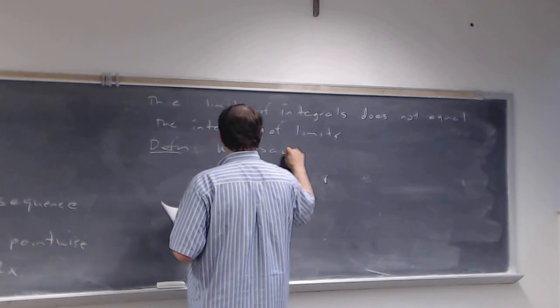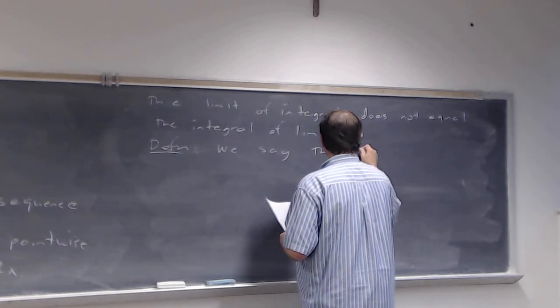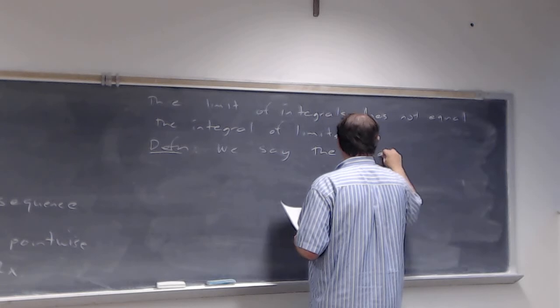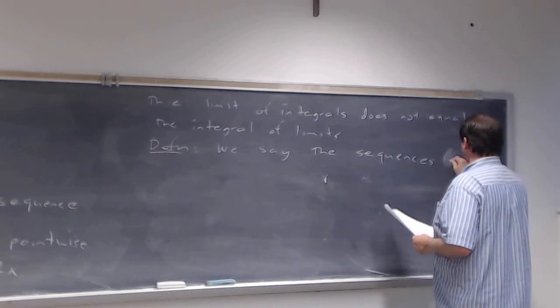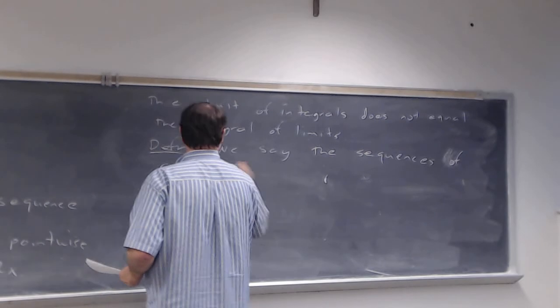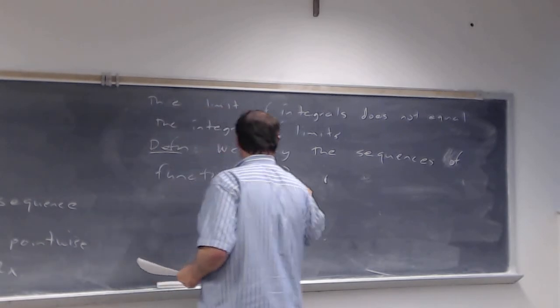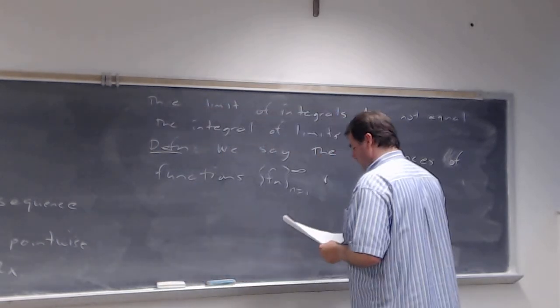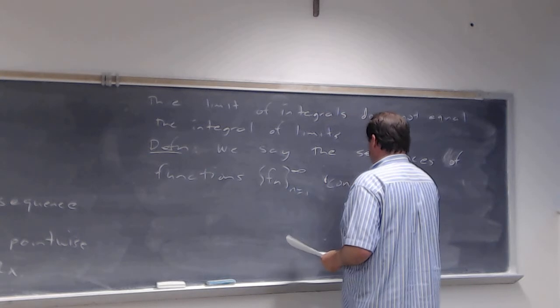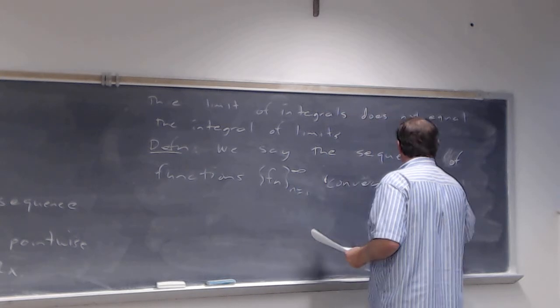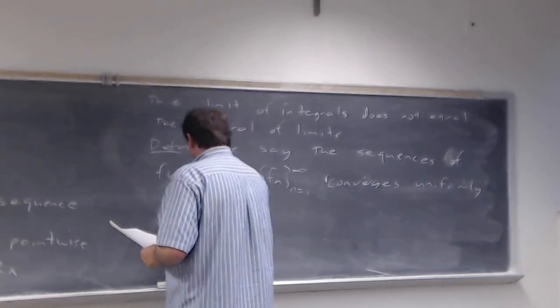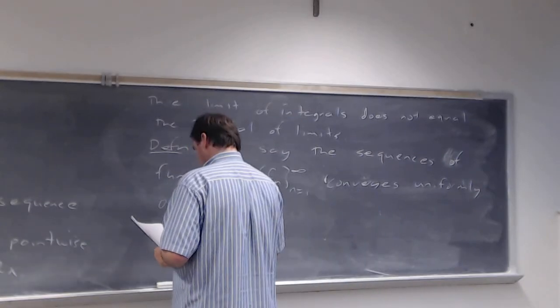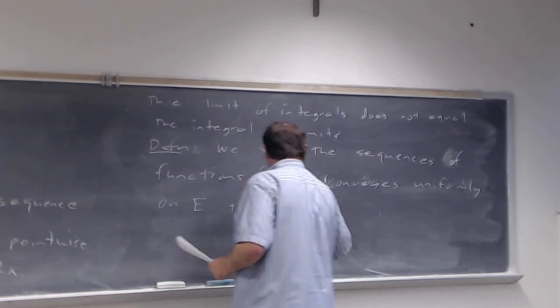We say that the sequence of functions f sub n converges uniformly on E to a function f,